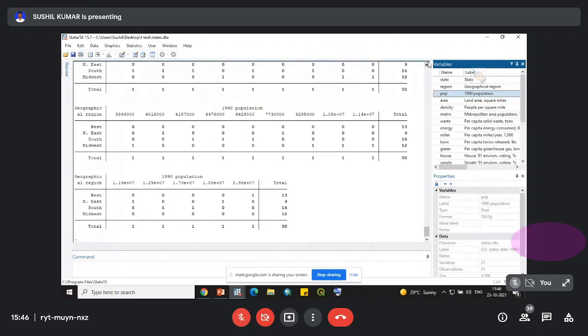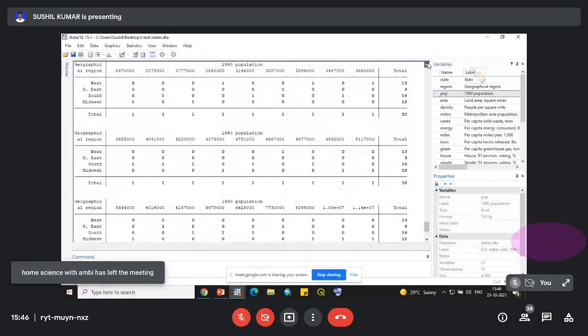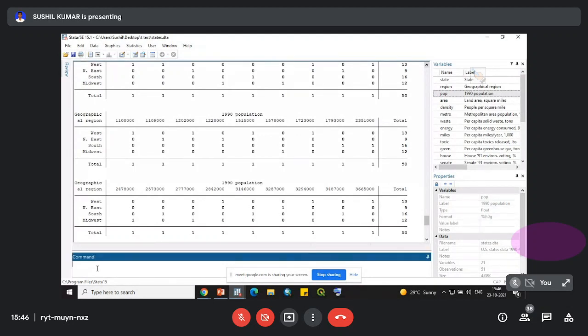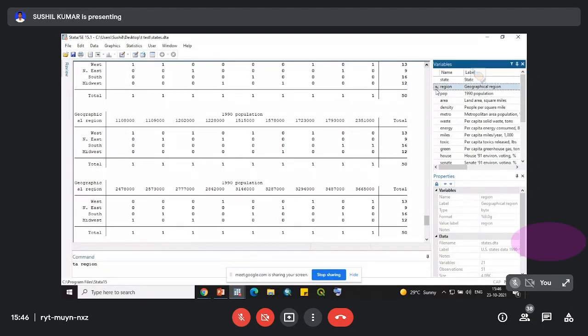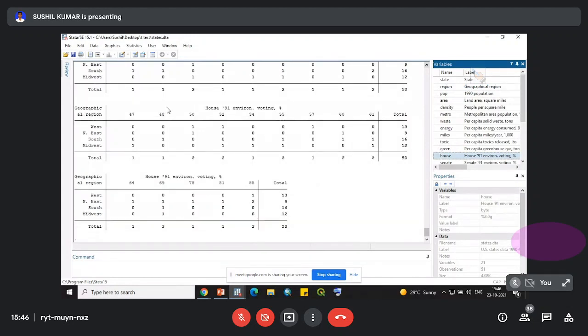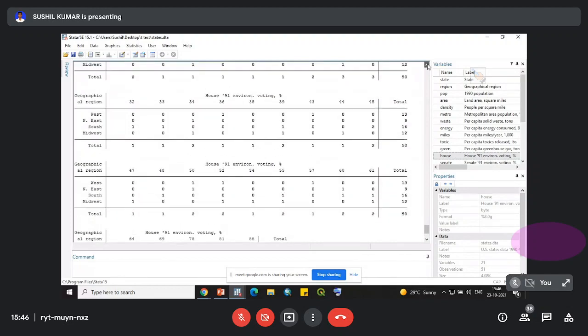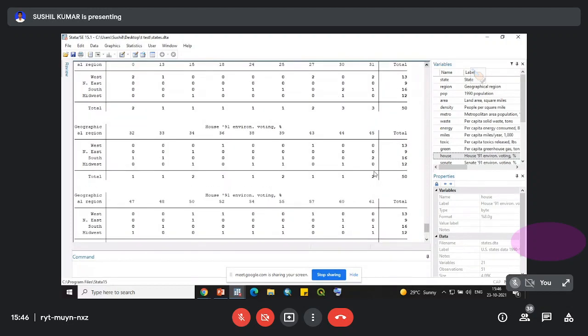Once you press this, it will categorize it accordingly. Since one variable was long, it has given me a very large table. Since there are so many values in this variable, the table is very big. I cannot display it over here.